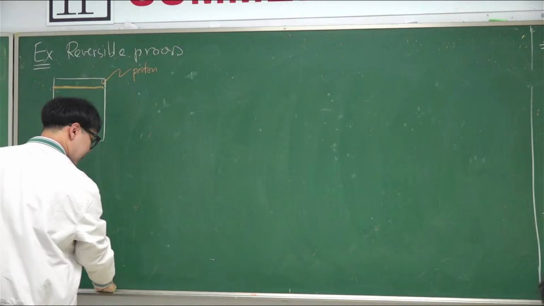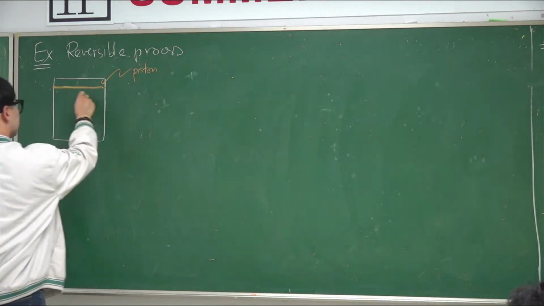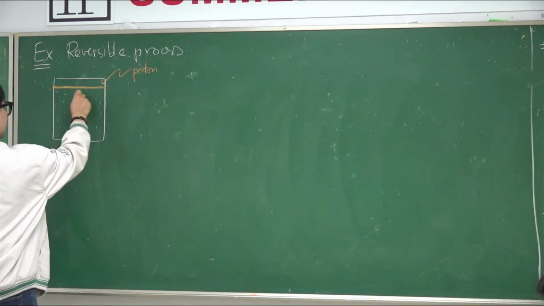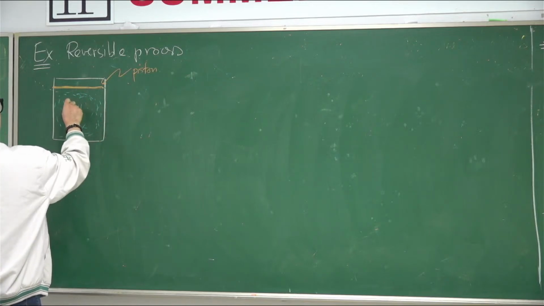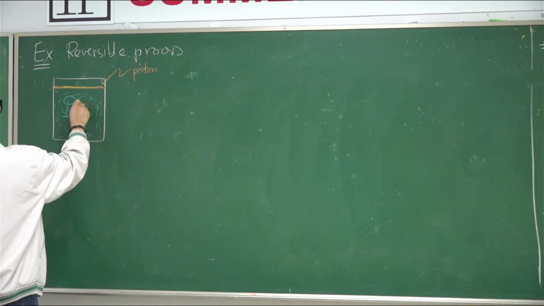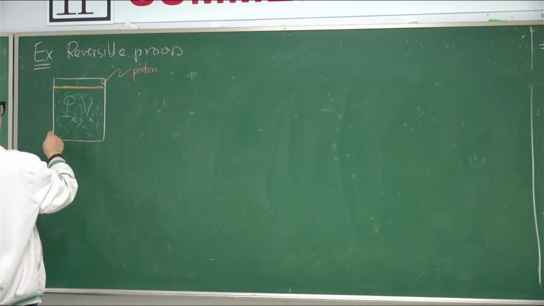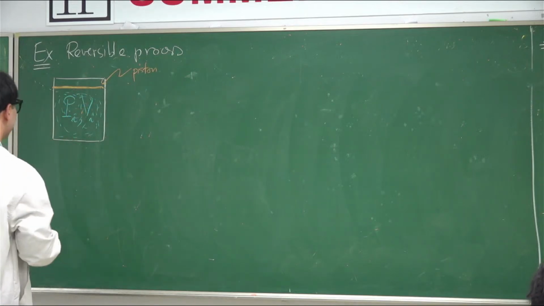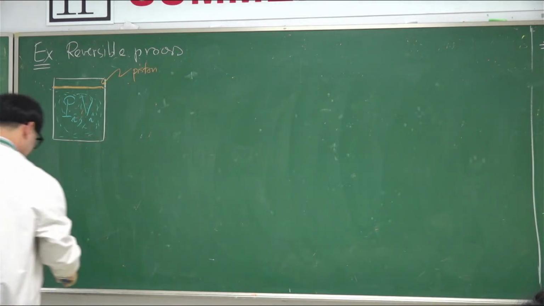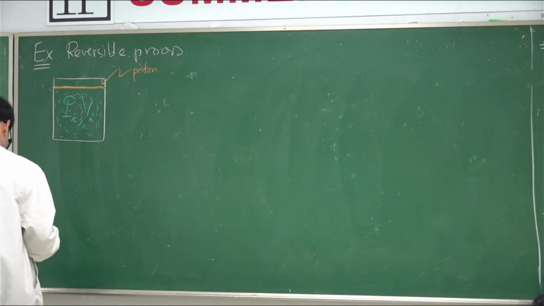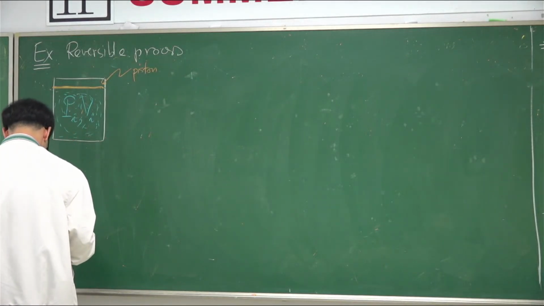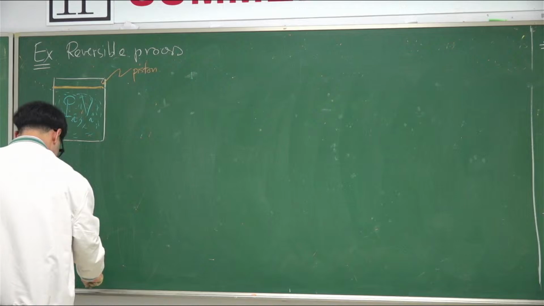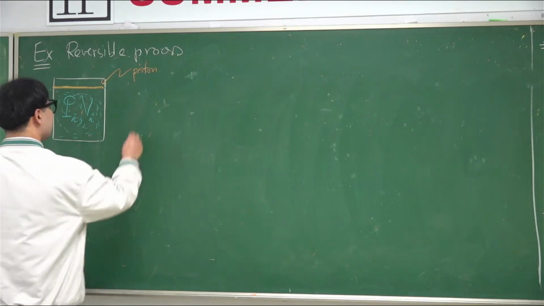Okay, and you have a molecule, which is actually Vi. Okay, this is the initial state. And what we are going to do is very interesting. What we can do is